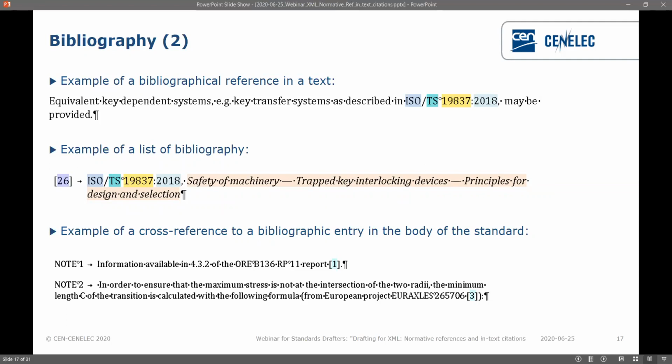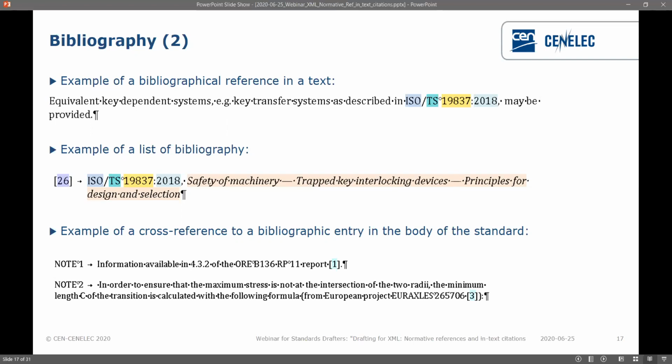And the third example is how to reference a bibliographical entry in the document without repeating it over and over again. So you've seen in the second bullet point that you have little numbers in between brackets, because the bibliography is numbered. So you can put these numbers throughout the text, and XStyle will tag these numbers.